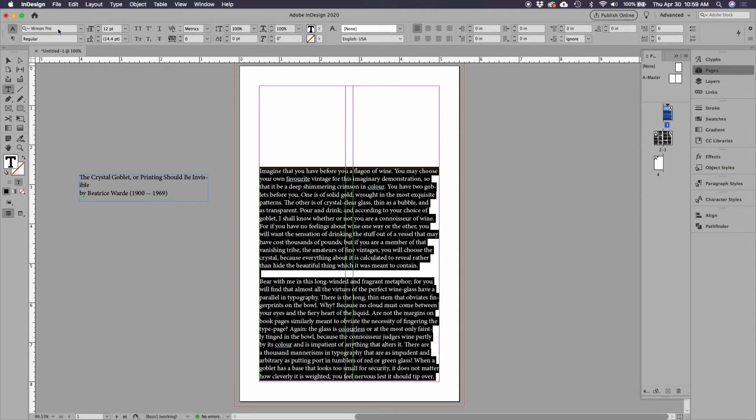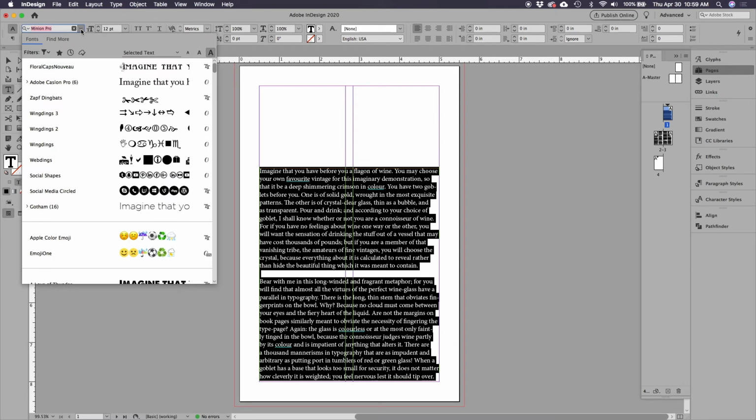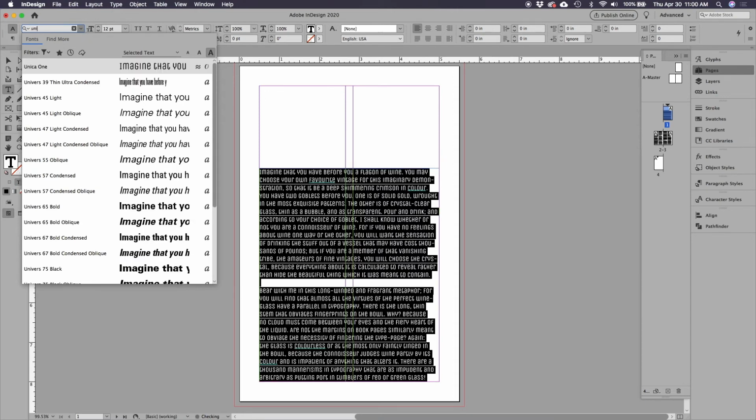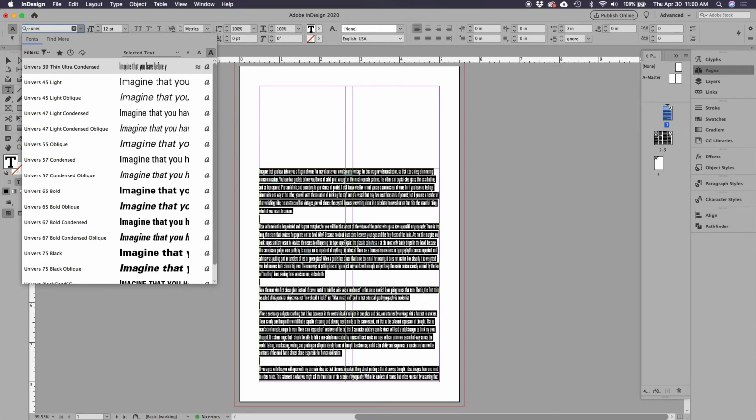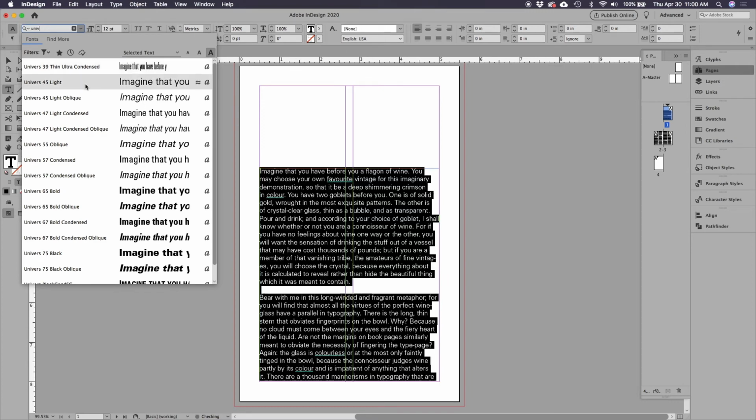So this first little area right here, obviously, is the font. And so I'm going to click here, and I could start figuring out what I wanted. But the article is definitely that the type should be invisible. And so I'm getting a distinctive modern kind of a vibe here. And so I'm going to do Universe. Okay. And so I'm going to go to Universe, and I'm going to pick